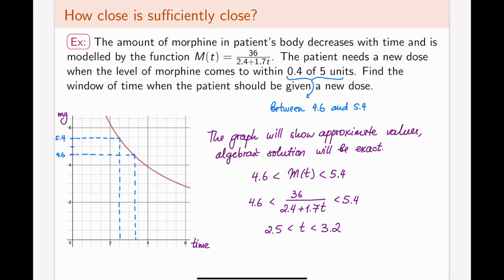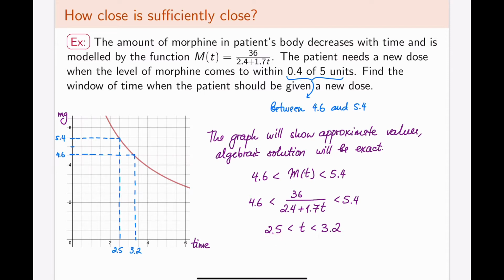So algebraically, now I can assign what these values should be. Although it looked like 2.5, I couldn't really write down 2.5 because drawing lines here was not a perfect solution. But now I know that this is going to be 2.5 and 3.2. You can already see that my 3.2 isn't as good on the graph as my 2.5 was, and that is why, once again, approximating from the graph is only an approximation, not an exact answer. So the conclusion to this problem is that the new dose needs to be administered between 2.5 and 3.2 hours